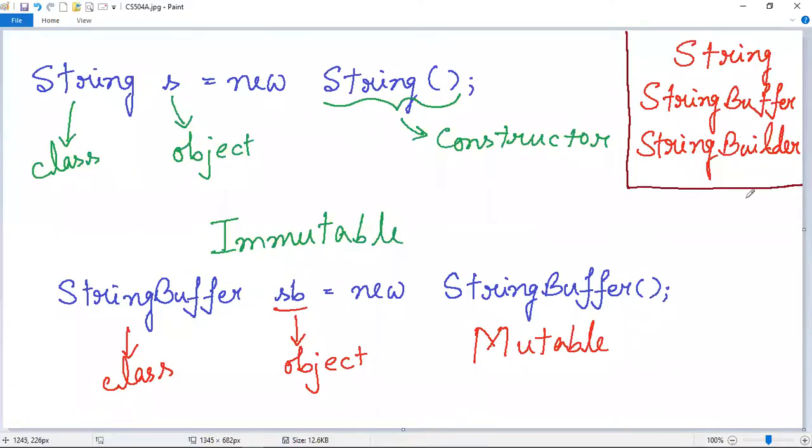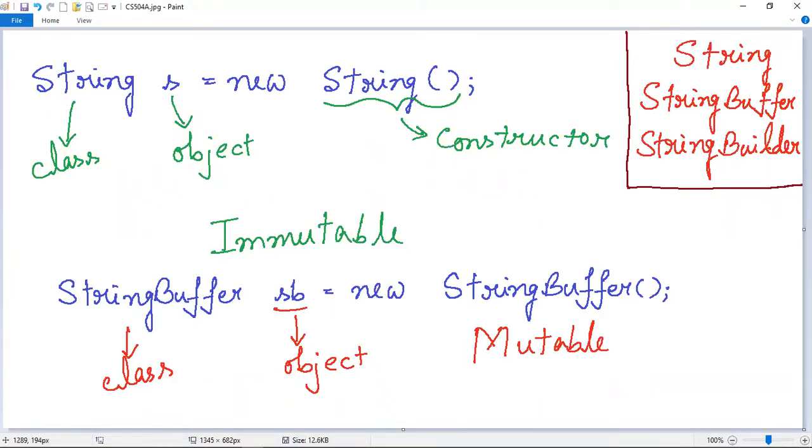So these are the three classes that are available in Java in order to create string objects which can be manipulated by the users, which are normally treated as strings in Java. So these are the three classes. I have already told the basic concept of the String class and StringBuffer class, and I have already discussed the mutable and immutable strings in Java, in which you have seen these two classes.